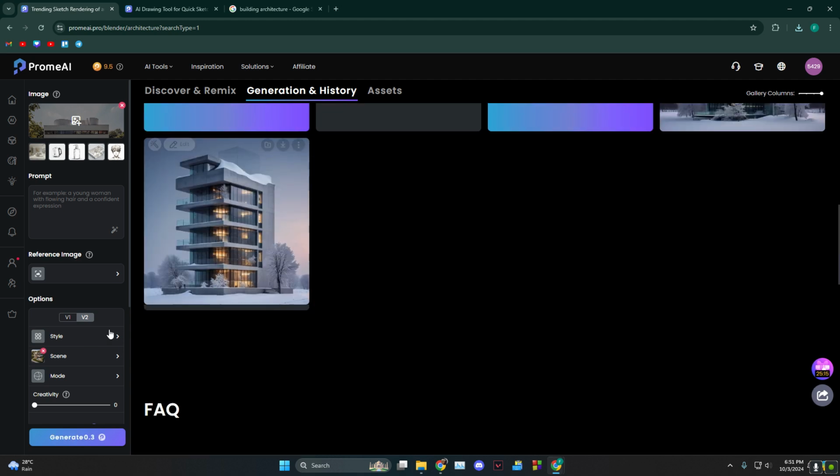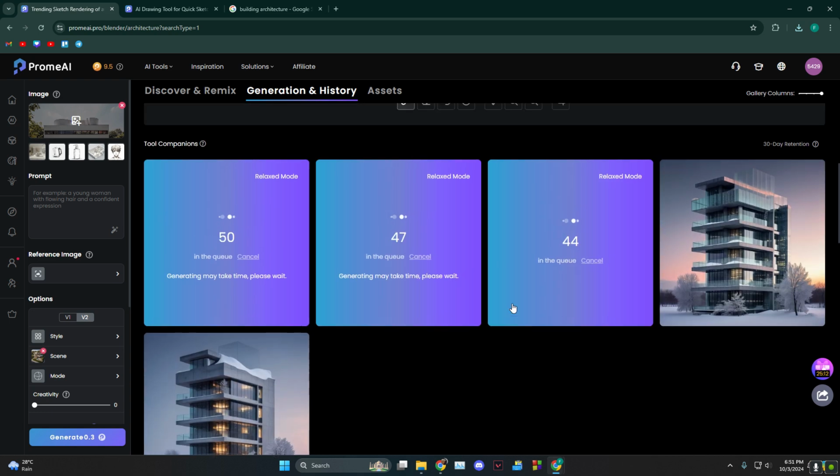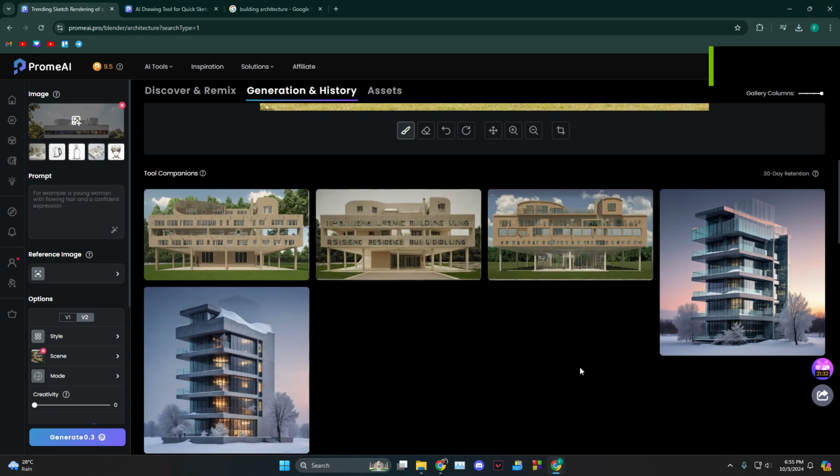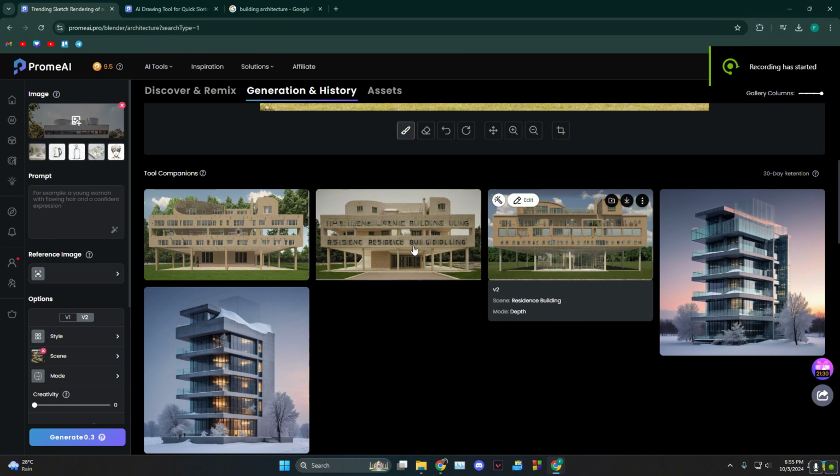over here. As you can see, these are some of the examples that I generated previously, but this does take some time to load, so you have to wait for that to happen. As you can see, this has been done generating, and these are the types, and this is how you can